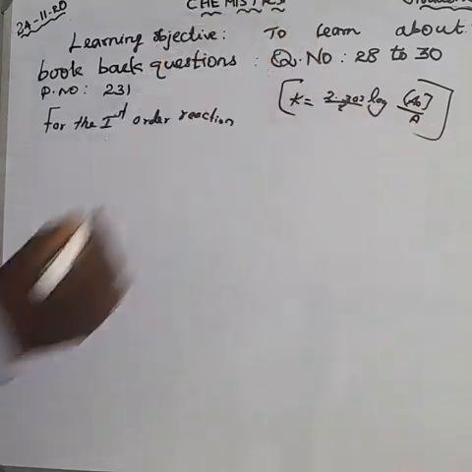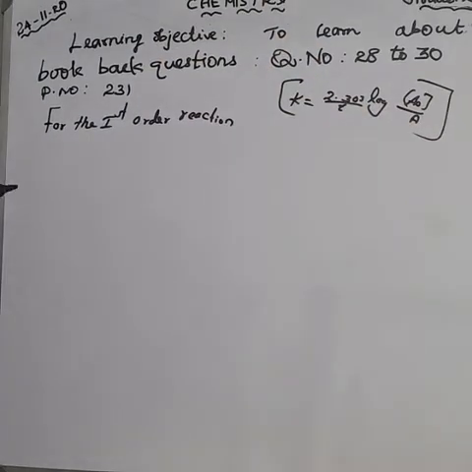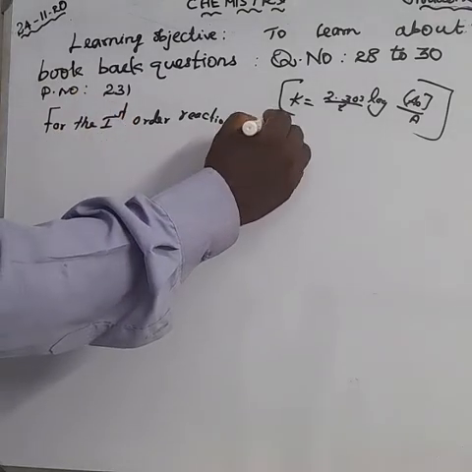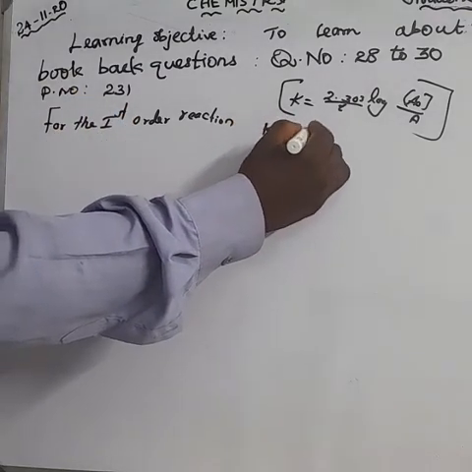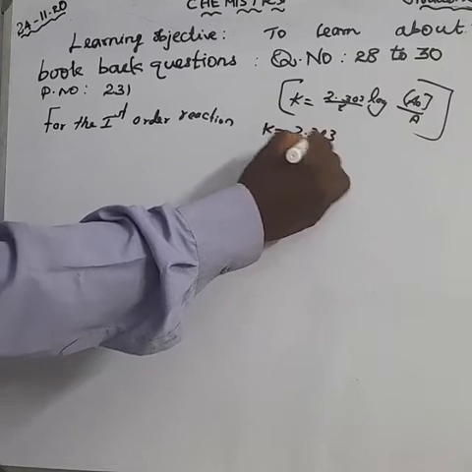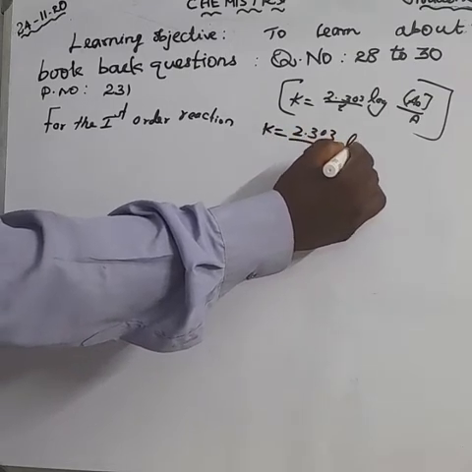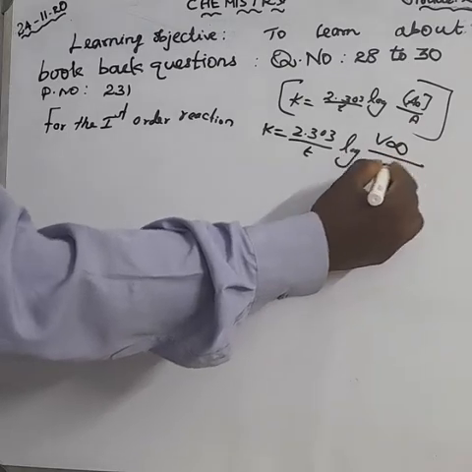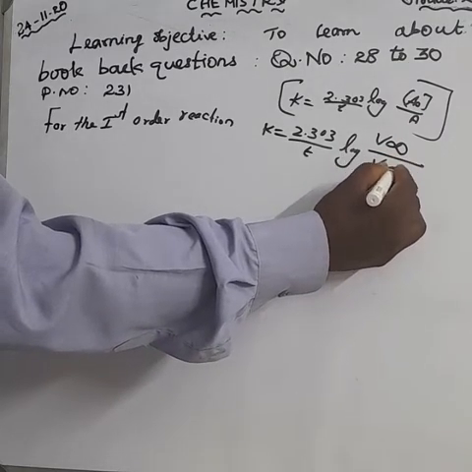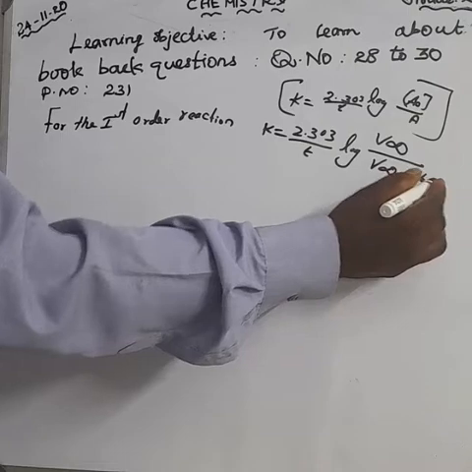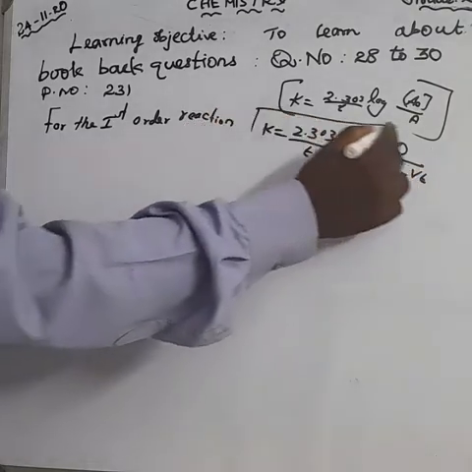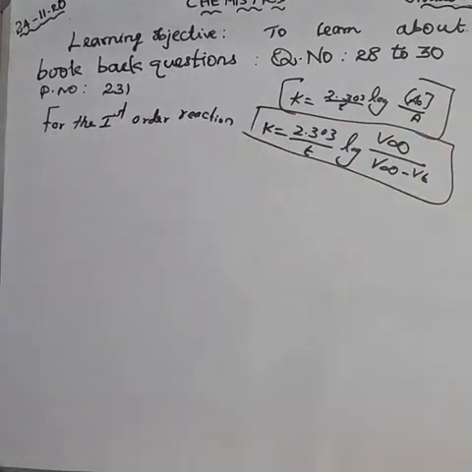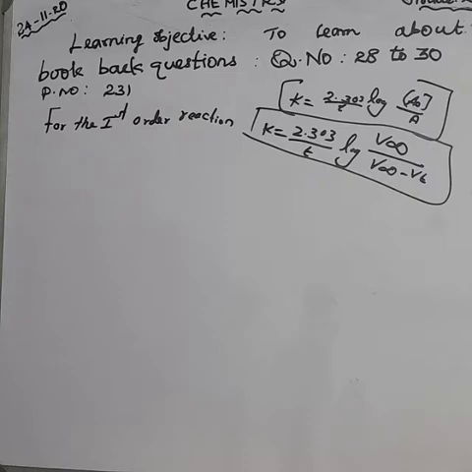For this problem, we have to take this formula: K is equal to 2.303 by t log V infinity divided by V infinity minus Vt. This is the formula. Clear? In the present case,